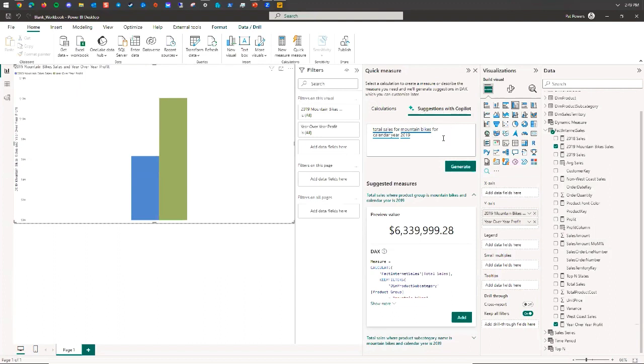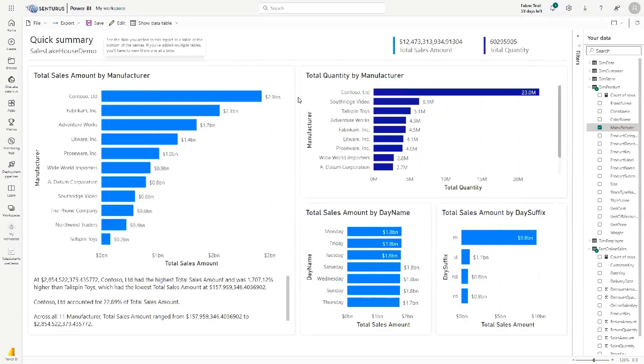Now, this is here in Power BI Desktop, and again, it's called Copilot. But this just shows you the future of where we're headed. This shows you what is going to be built in. This shows you the excitement. This shows us what's going on. This is pretty cool. Okay. And all of this came from this data set. So again, I'm staying basically in one place. This is all coming from one place. It's all coming into one area. Okay.